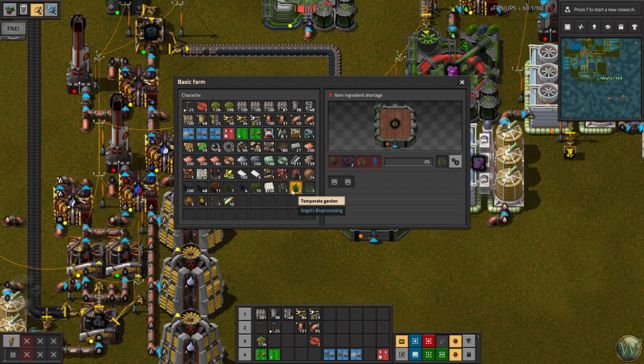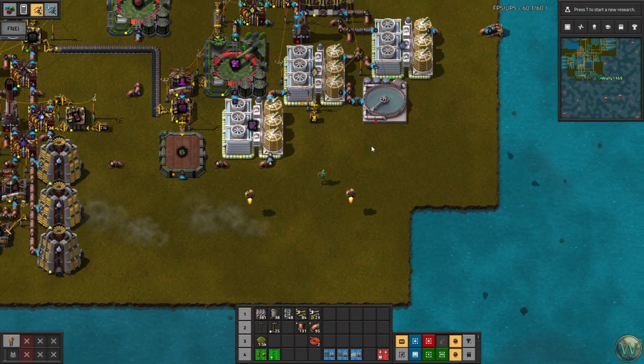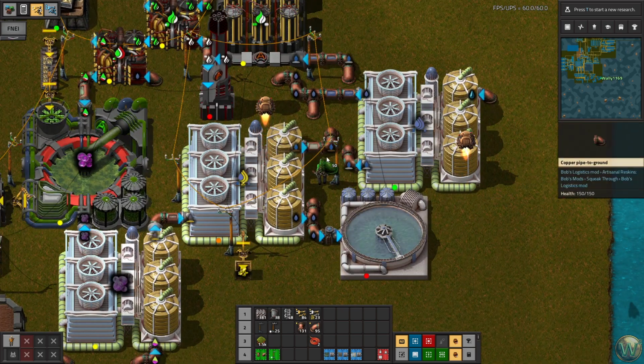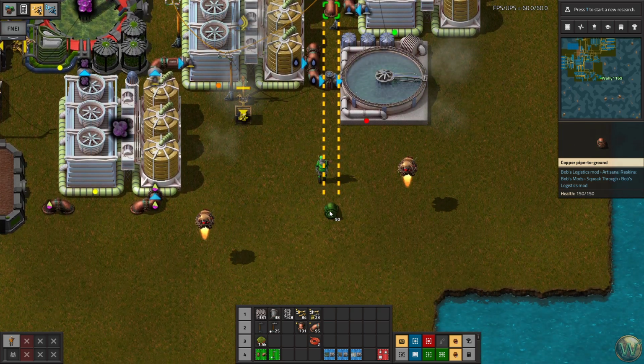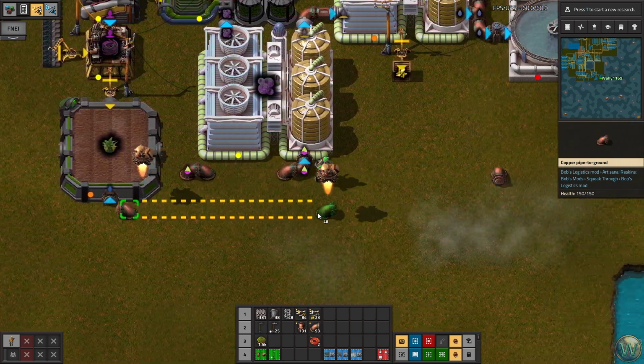Let's just do... what do I have? A temperate? Yeah, let's do a temperate in there. And then we need that mineralized water. And we also... Oh, we do need the alien plant life. I forgot. Okay, so this comes this way. Not up, but down. There. And then over here...